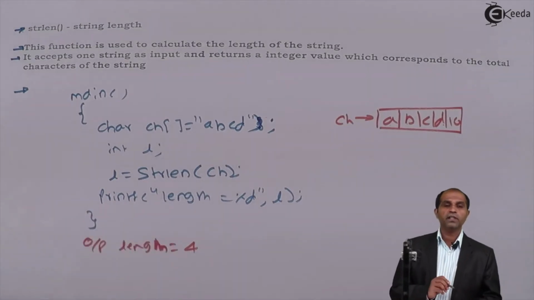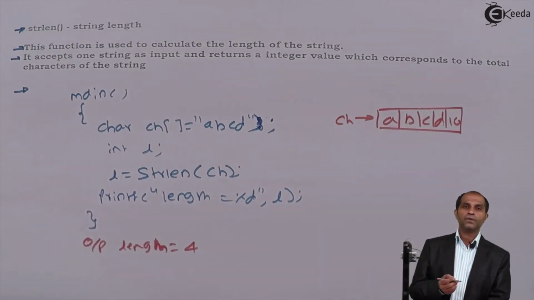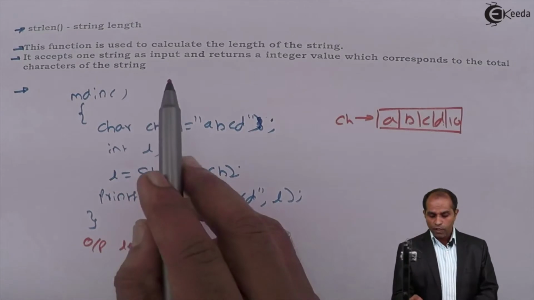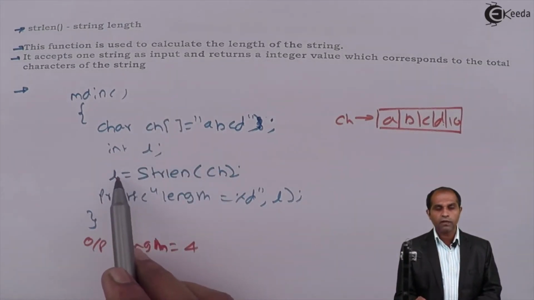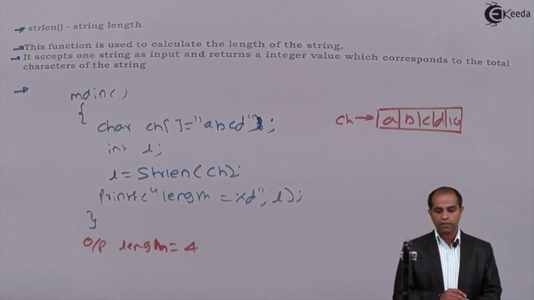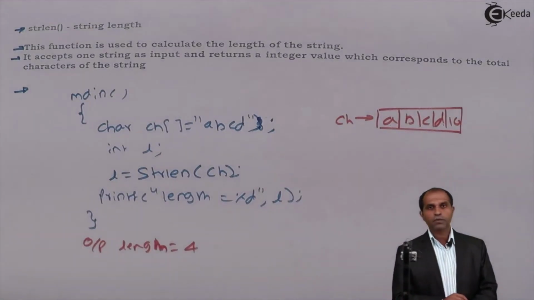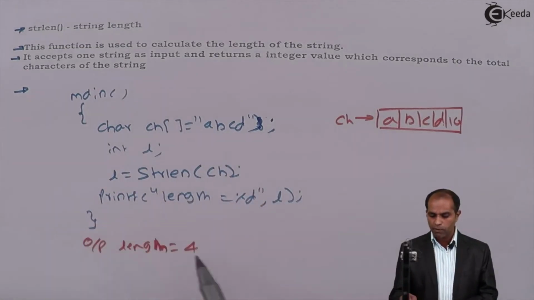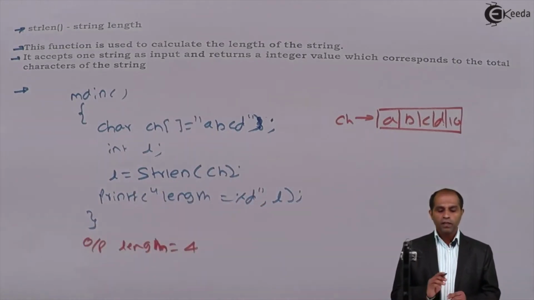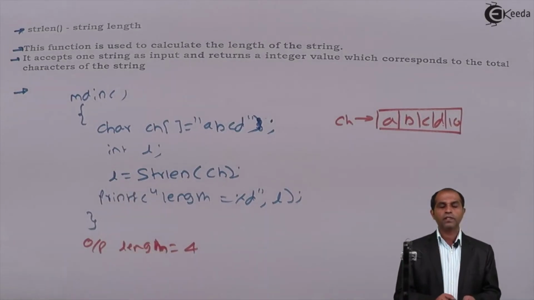The third point is what it accepts and what it returns. It accepts a character array or a string as input and returns an integer value that corresponds to the total number of characters. And finally, I'm supposed to put a program to illustrate this particular function. So I have described strlen in this video. Let's continue with the second library function, that is